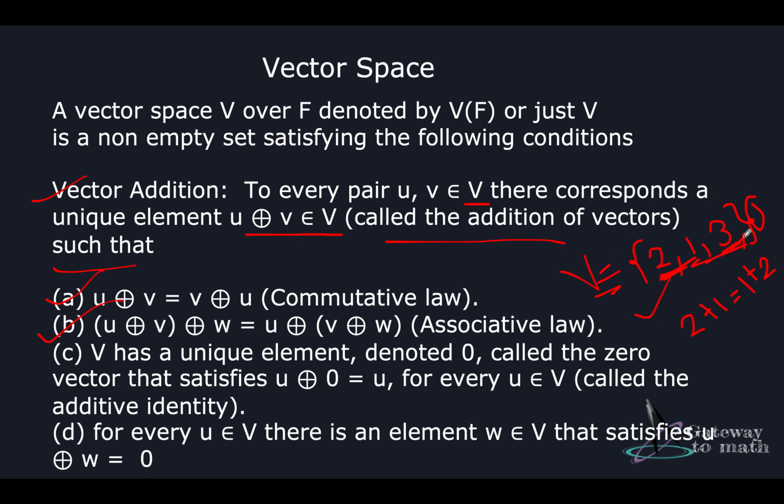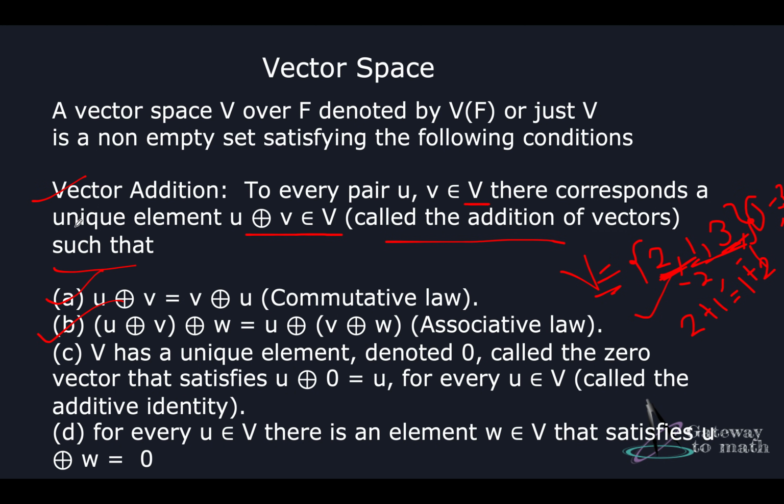So if 2 plus 3 is a part of this, then we will also have some other value which makes sure when you add them, it gives you a 0 back. So let's say if I have a 3, then I might have minus 3, and I might have a minus 2, and I might have a minus 1. So when you add 2 plus minus 2, you get a 0, plus minus 1, 3 plus minus 3, you get a 0. So these conditions are satisfied. This is the first condition.